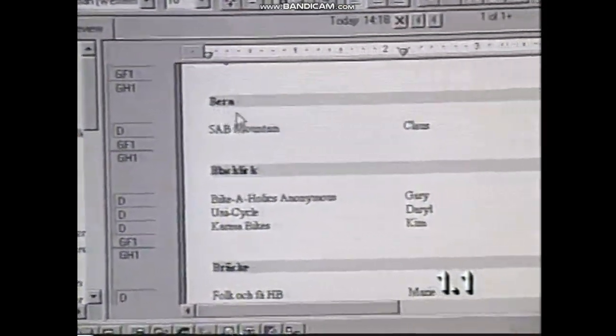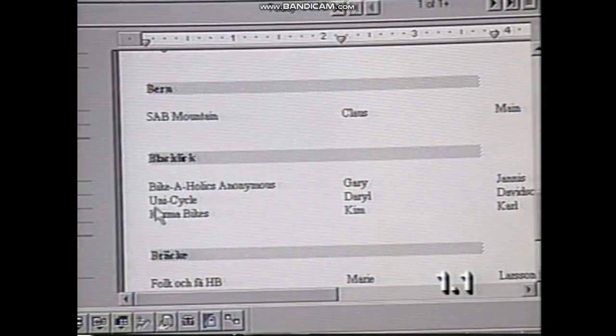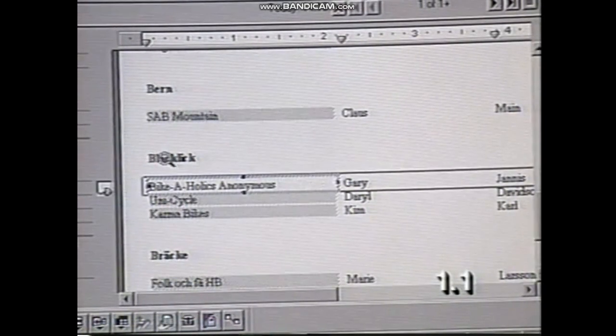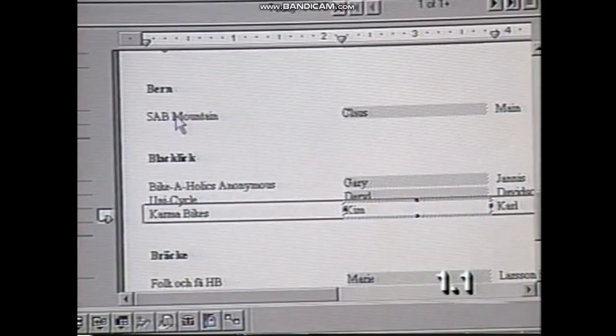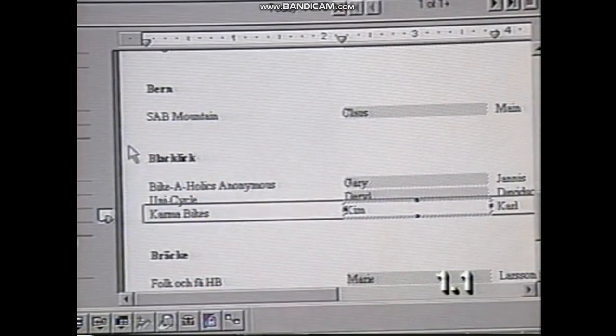Notice that now we have the name of the city, and underneath the name of the city we have the customers within that city, but you can see that we have some space that separates the name of the city from the customers within that city. Going back to Design,